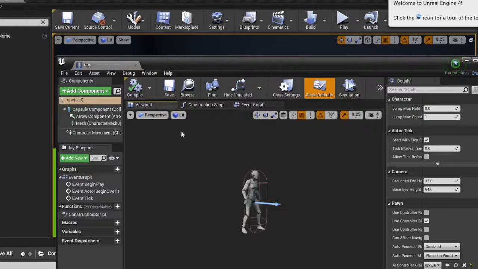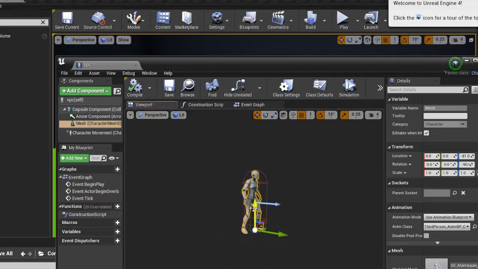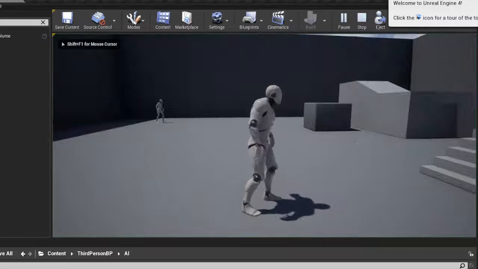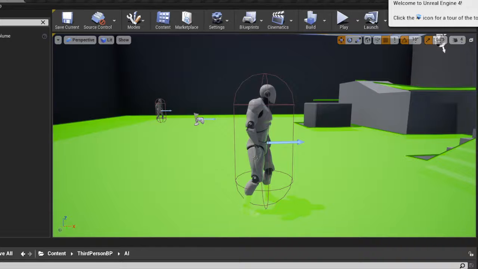So yeah, my bad. So all you need to do is tick that, hit compile and save, close this down, and then when we hit play, you now notice that our NPC is moving around. And essentially what this means is, if I get a good viewpoint from up here, this NPC is literally using the nav mesh to find a random location. It then finds that location, and then it is moving to